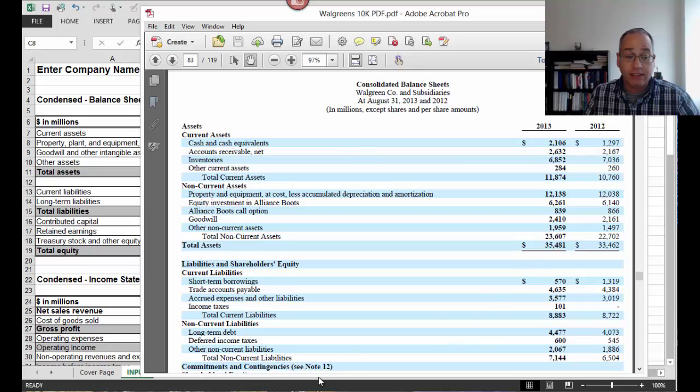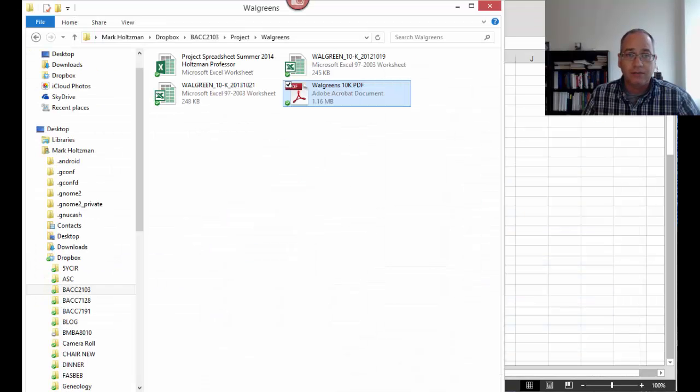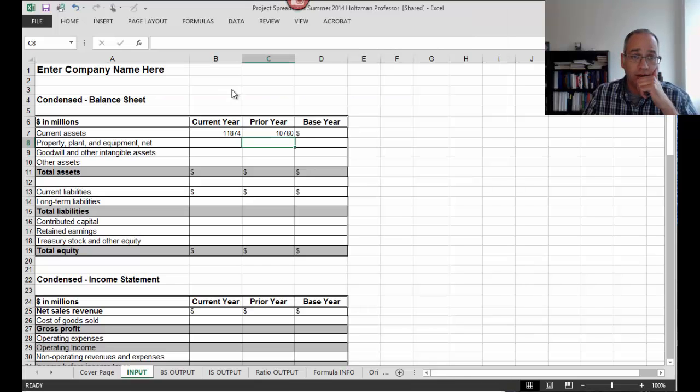sheets. For the base year, you would need to look up 2011, and that's why I downloaded a separate 10K for last year, and that will have 2011. That's one approach that you can take. The approach that I happen to like to do, which is a little more thorough, but you don't have to do this if you don't want, is I look up